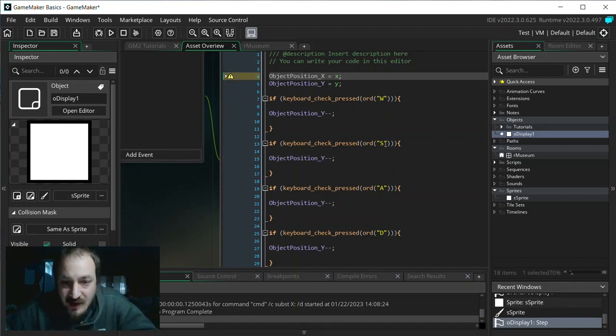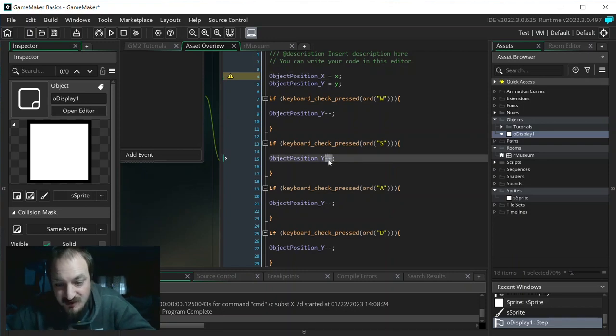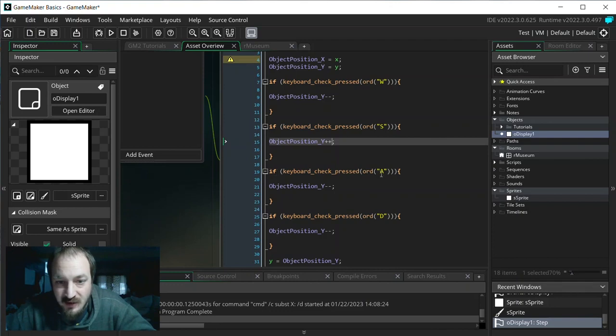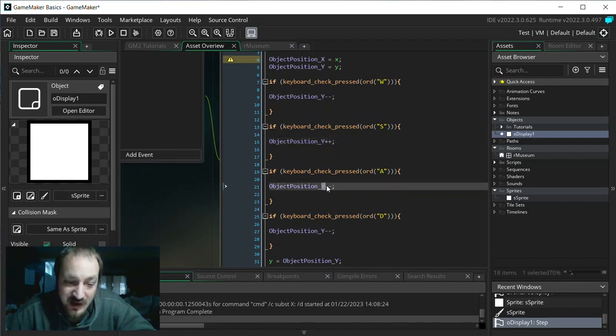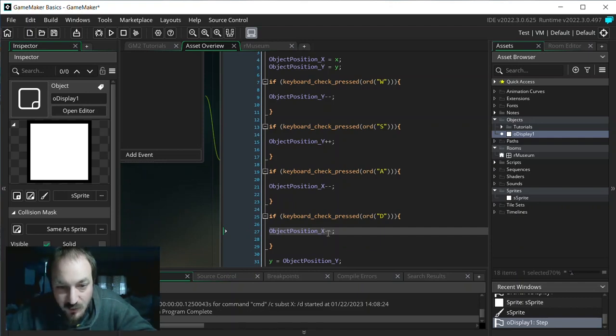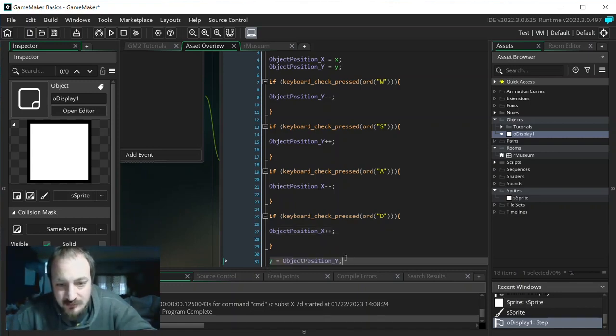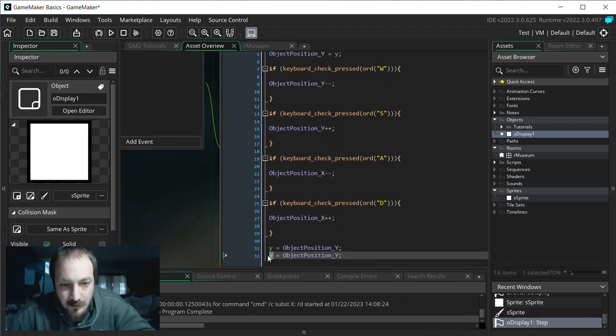Now we're going to check each of these. So S, we want it to go down, so that's going to be positive Y. So we want that variable to go up by 1. If it is A, we want it to go to the left, so that's going to be X, and it's going to be a negative. And then here, D, we want it to go to the right, so that's going to be X. And you can see how we could set any keys to this. You could make spacebar make them go to the right or whatever, make a mouse click make them go to the right. In this case, we're just going to do some standard stuff. We're going to make it plus plus. And then we're going to save the new object's X position as,